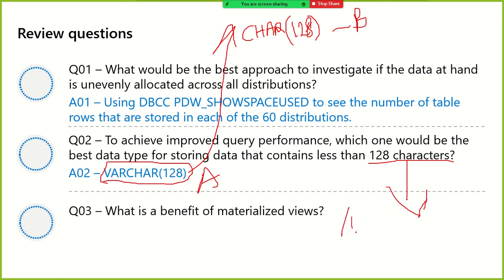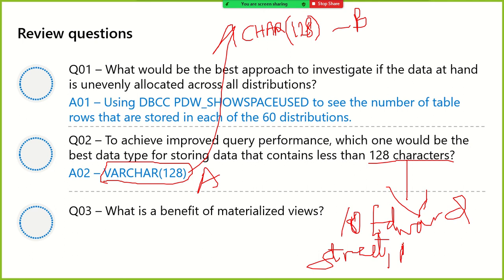Let's say you stay on number 10, for example, number 10 Edward Street. Okay, and then you put the street in full. Okay, let's say this is in Arlington, then let's say Texas,